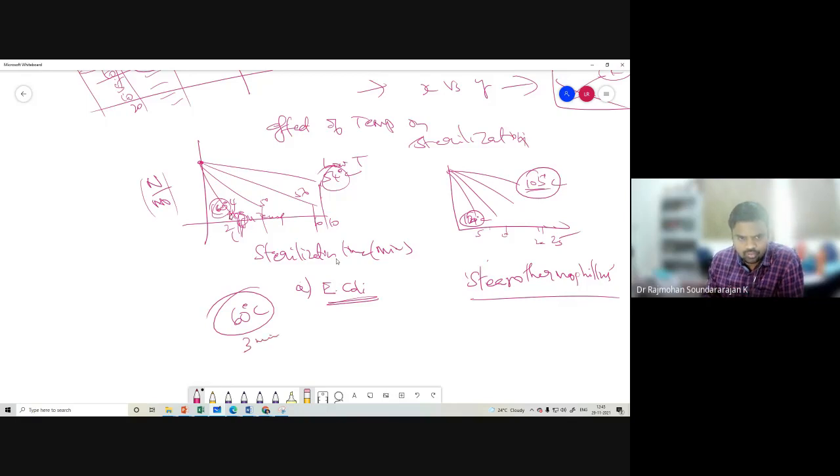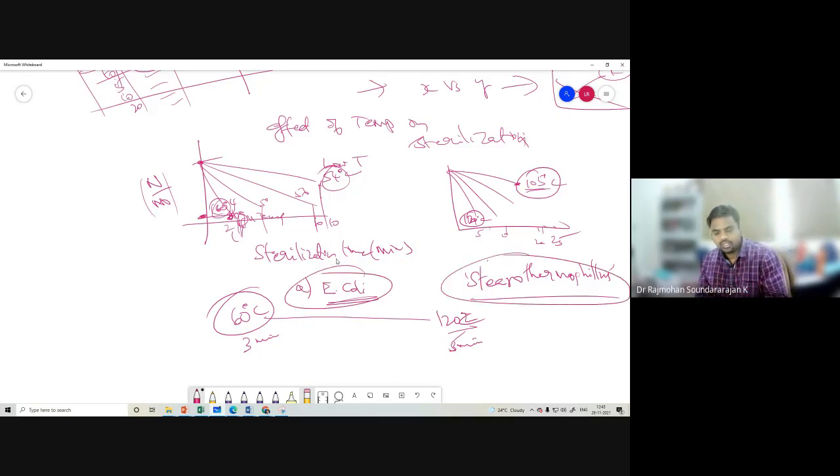It is bringing down from this value to this value quickly. Whereas if it is thermally resistant bacteria like this, you can see that we have to do it at 120 degrees Celsius, 3 minutes is required. If it is, 5 minutes required. Okay. So that is the difference based on what type of microorganisms or pathogens are present in the system, which microorganism we are handling. So that will decide our temperature of sterilization and time required for sterilization.